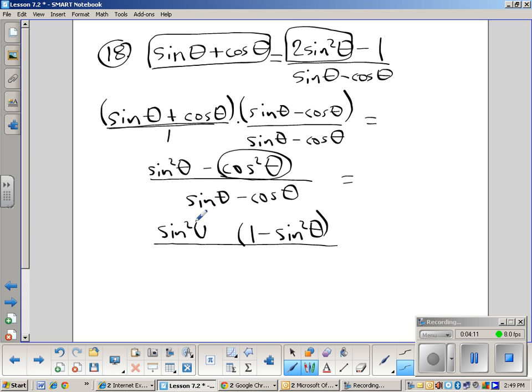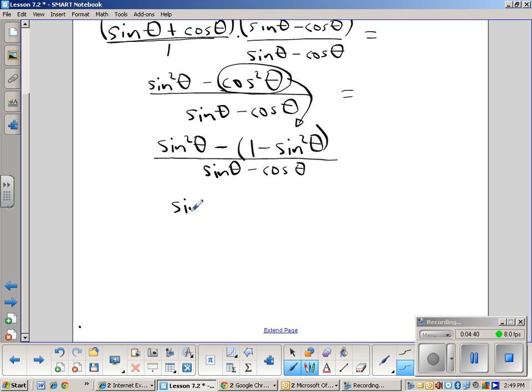The identity said sine squared theta plus cosine squared theta is equal to 1. So if I subtract sine squared theta from both sides, I get cosine squared theta equal to 1 minus sine squared theta. Where the cosine squared theta was, I'm going to replace it with 1 minus sine squared theta. And so if I distribute my minus sign,